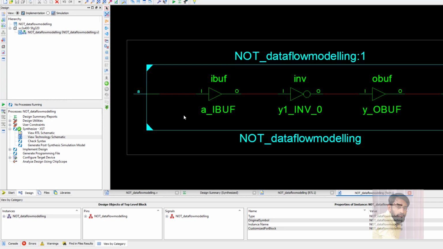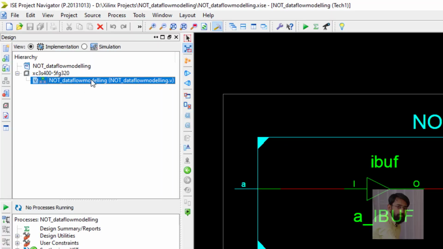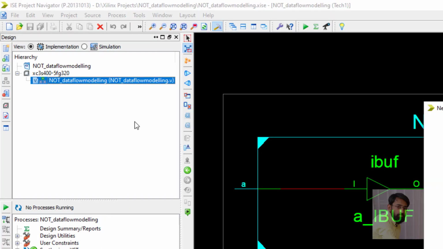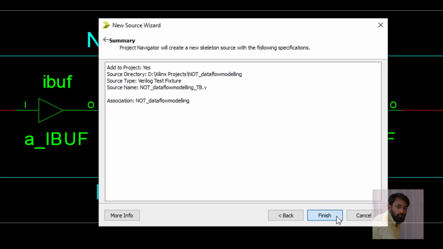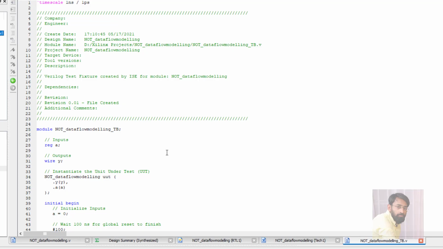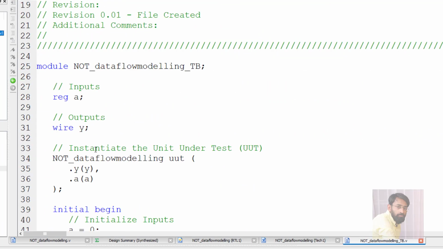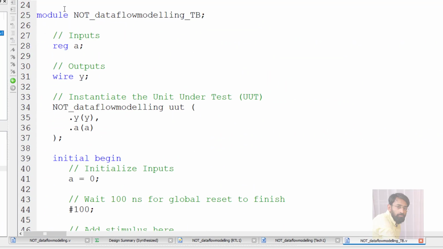Next, let us see whether it is working fine or not by writing a test bench. In order to write the test bench, right click, new source, Verilog text fixture, and give a file name. The name that I am giving is NOT underscore data flow modeling underscore test bench. Next and finish. Here, module followed by name, and inputs will be treated as registers, outputs will be treated as wires.